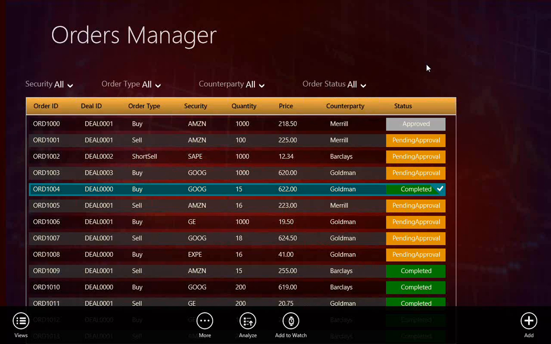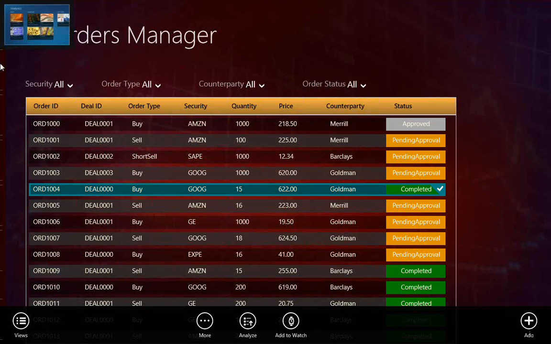The app bar is something which can come from swiping from the bottom of the screen on a touch-based device, or by right-clicking on a mouse and keyboard-based device. So this is the app bar, and these are the kind of command buttons that you would have on the app bar. The guidelines are pretty extensive, to the extent that if you have to add a new entity in your application, your add button should appear towards the bottommost right corner of the screen, and it should look like this. The idea behind having these guidelines is, again, that the user should have consistency in terms of experience in using the application.